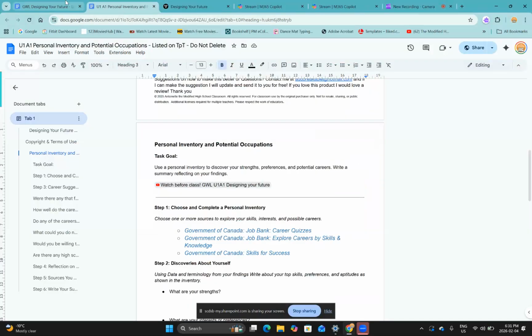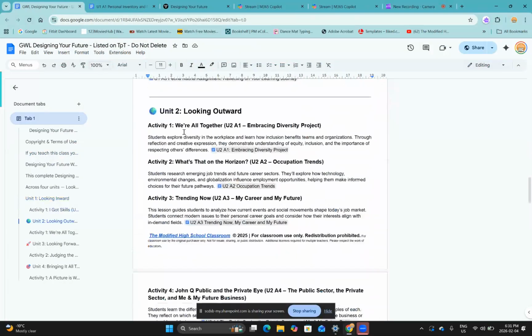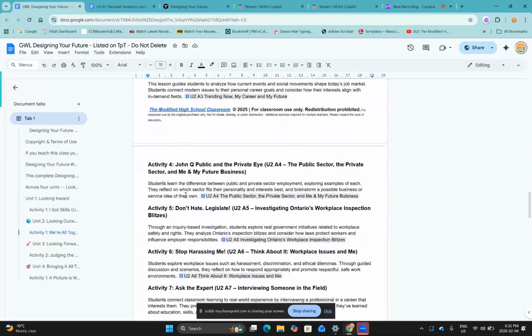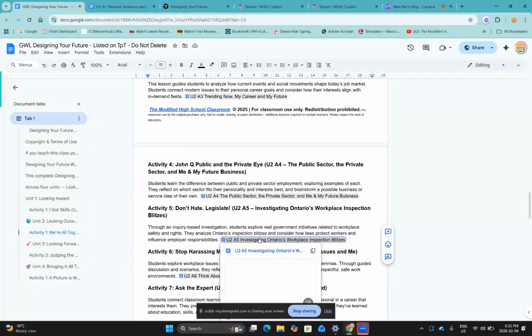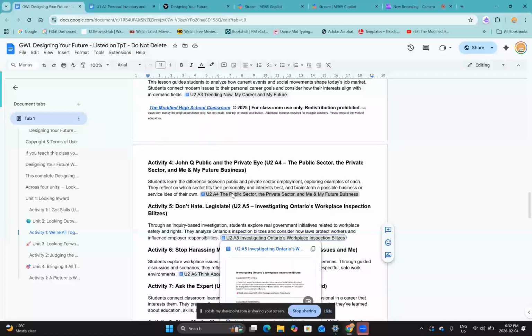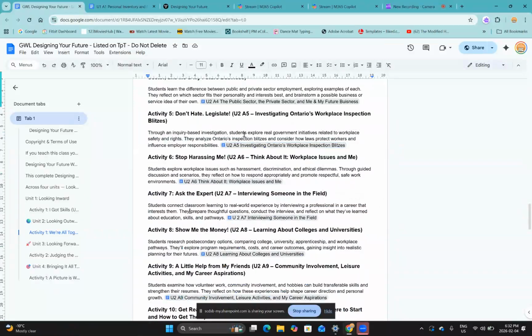With the activity that I created, I said, look at your workplace and where you want to work and find areas of legislation being broken. So, for instance, if somebody wanted to be a social worker, they started to look at AI and privacy specific to their field. So all of these little assignments I've also modified so that students are building assignments, and the whole entire course is built around, okay, what does a public sector look like for a teacher, and what does a private sector look like for a teacher if you want to be a teacher. So there's lots of little great tweaks that I've made